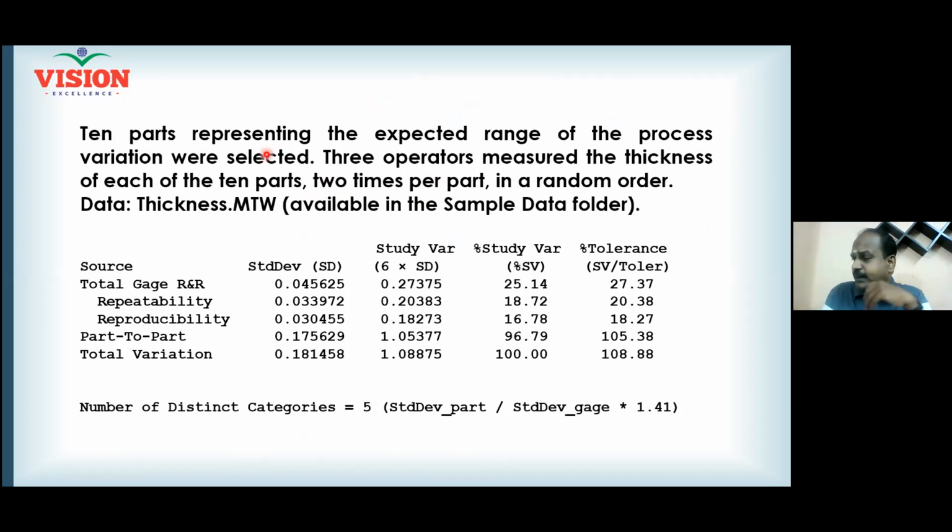See here, 10 parts representing the expected range of the process variation were selected. 10 parts. 3 operators measured the thickness of each of